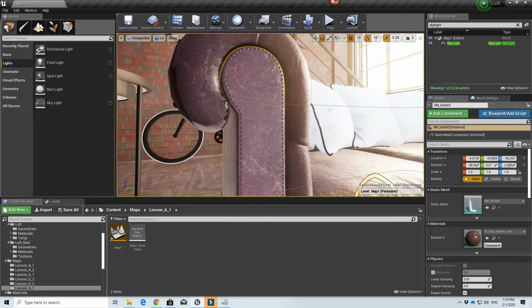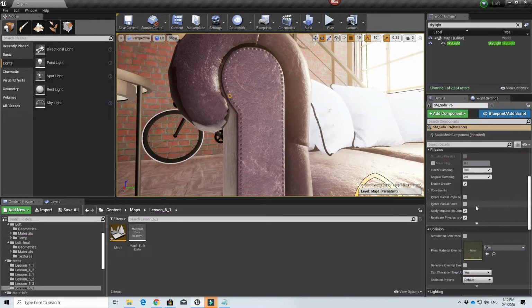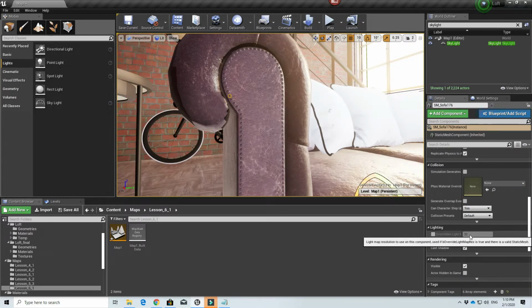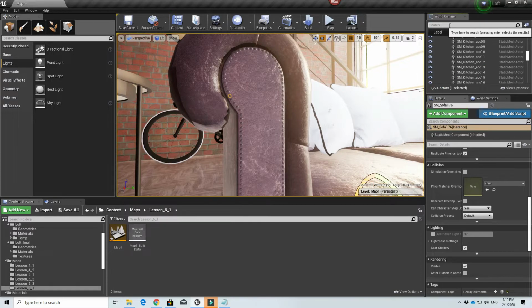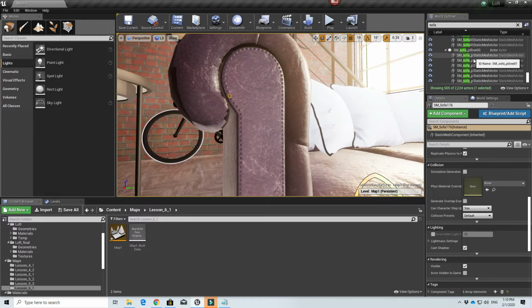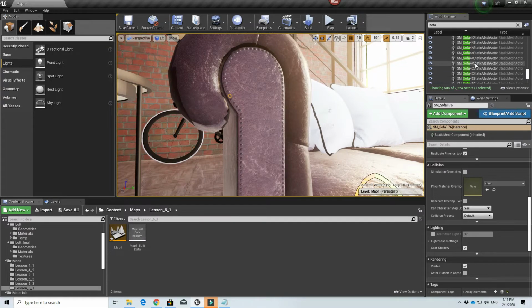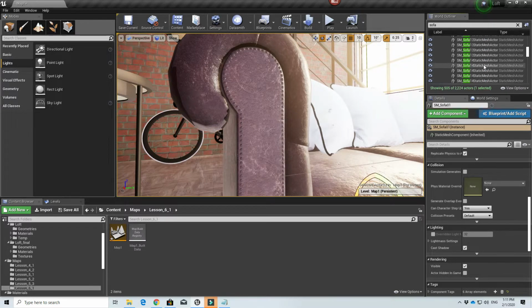So one button here is actually one mesh, and it doesn't make sense to have a 64 or even 32 Lightmap resolution just assigned for this one button. So for the sofa, what I usually do is that I will just set everything to the lowest resolution first, and after that, those that I need to be high, I'll set to high. So for example, I'll highlight every static mesh in the sofa,